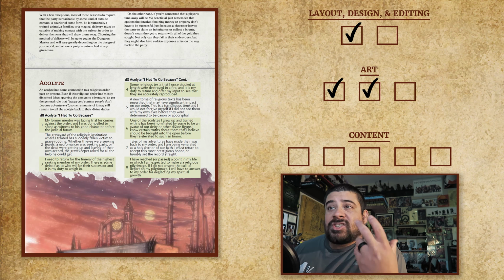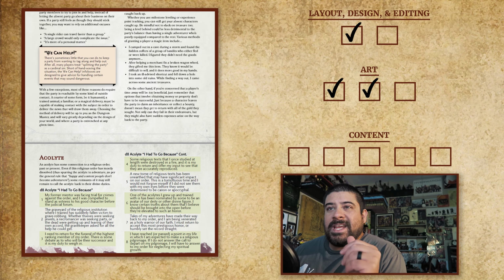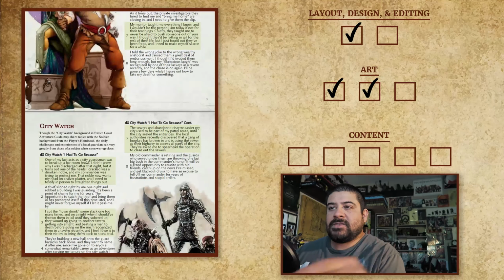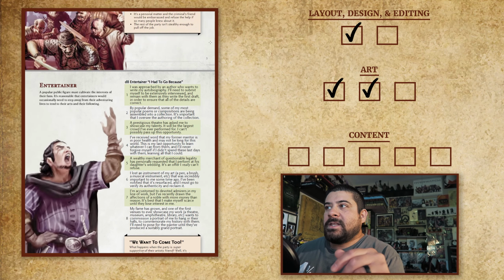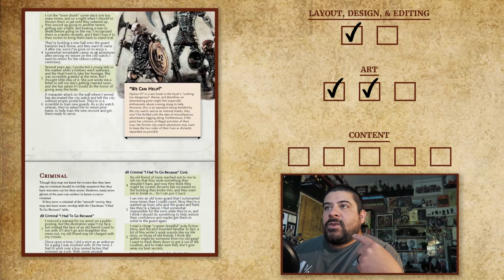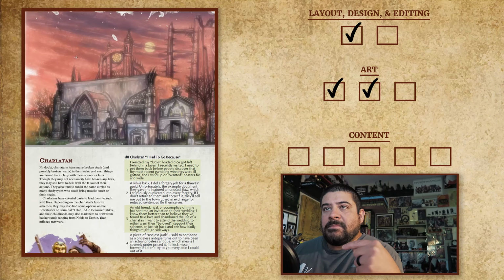So, what Ashley did, what the author did, is they gave us this little "we can help" section, and you'll see it in different boxes throughout. So there's one there, there's one there, there's one there. And what this is, they give you a little bit more information that you as the DM can use